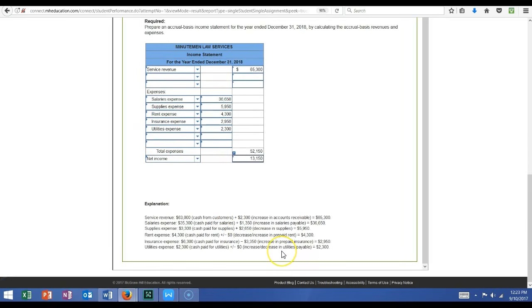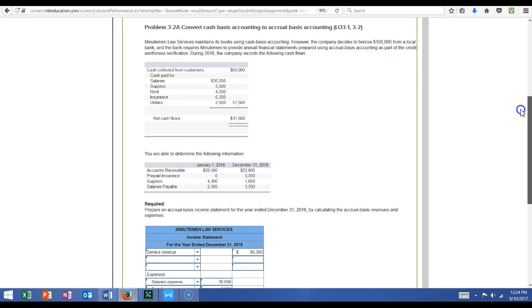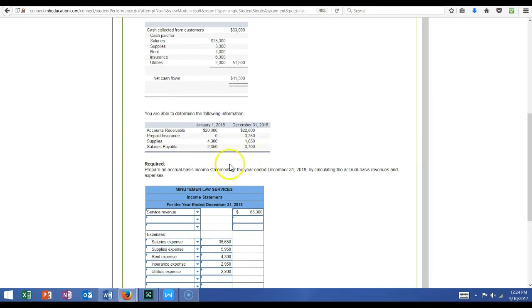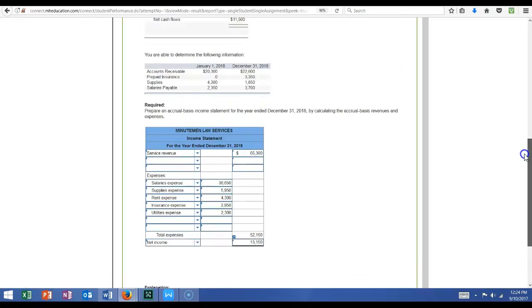$6,300 minus the $3,350 gives us what our real insurance expense is, $2,950. Then utilities expense, we paid out in cash utilities of $2,300. We don't have any prepaid utilities here, so $2,300 is going to be representative of what our accrual basis would be also. So we've got our service revenue minus our various expenses gives us our net income on the accrual basis of $13,150,